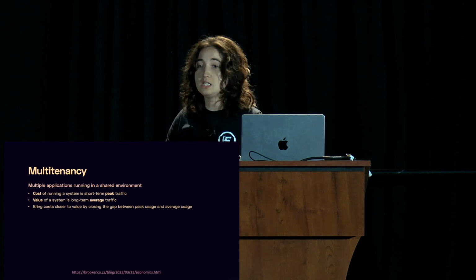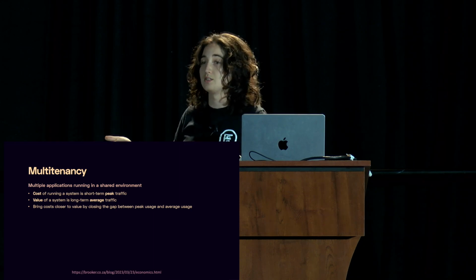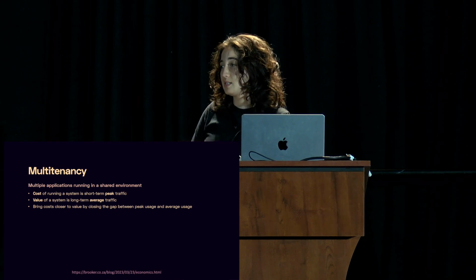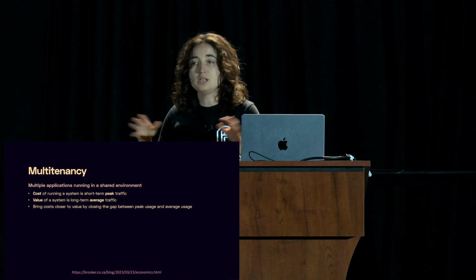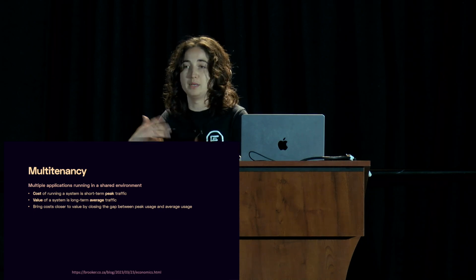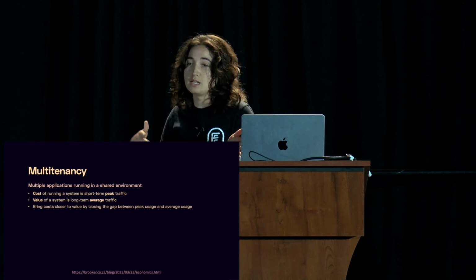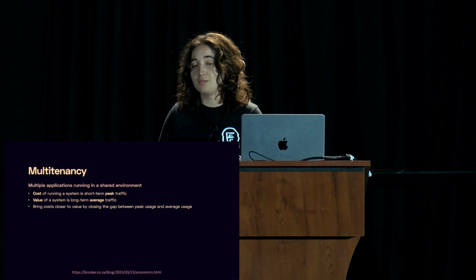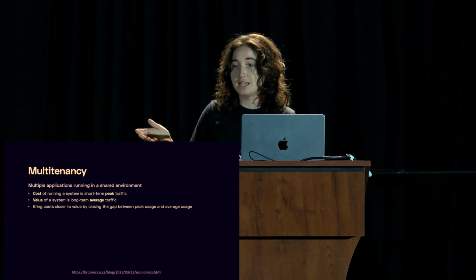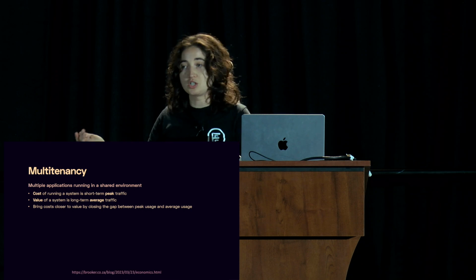So essentially, you need to provision for the peak, because you have to handle that. While the value you get out of the system is the average use over time. So you can even think of this in the sense that we have billing models that are a certain amount of requests per month that you're limited to. However, if you send all those requests on a Tuesday and so is everyone else, your infrastructure needs to be